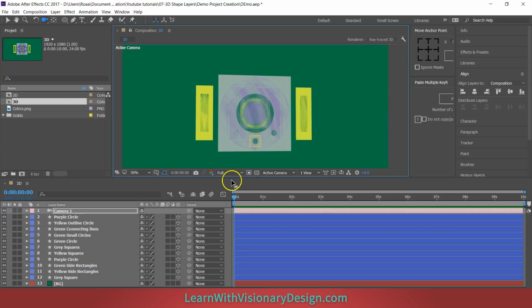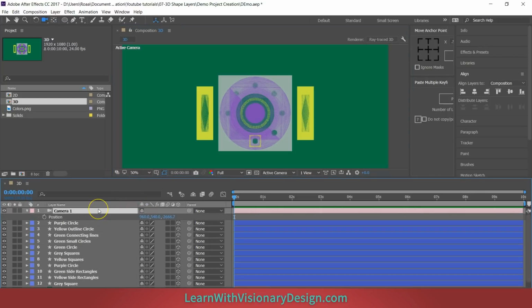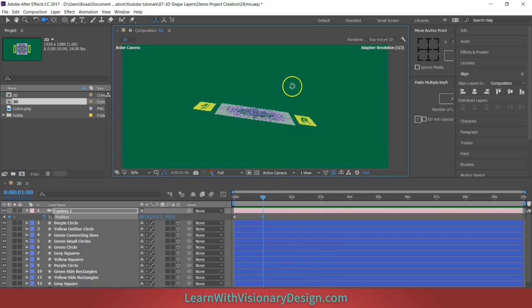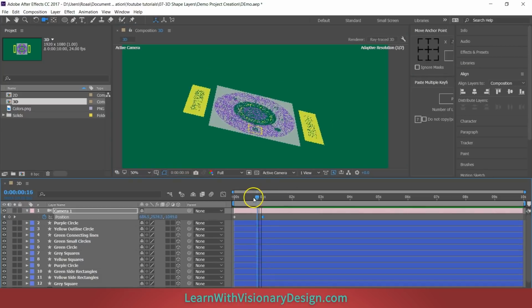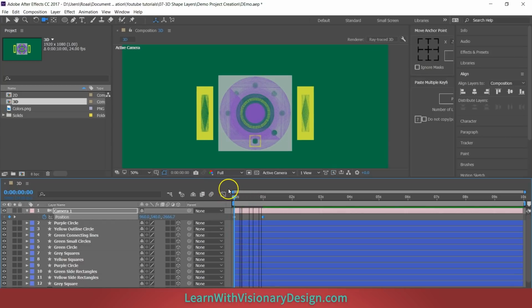However, you want this initial perspective of the camera to stay intact, so you can always come back to it to see your shapes like from in front of the shapes. So we go to the position property of the camera and set a keyframe. This is the default position. Go to the 1st second and now you can move the camera as you like to have a full perspective. And you can see that when you go back to the 1st keyframe, you have your original camera position intact. Let's now delete this keyframe